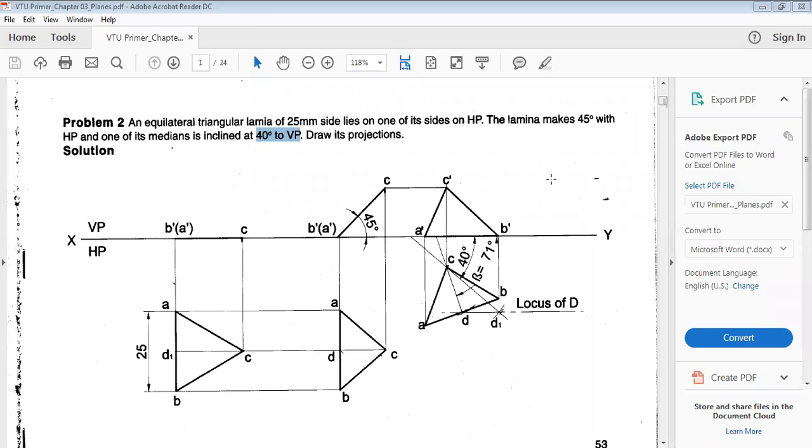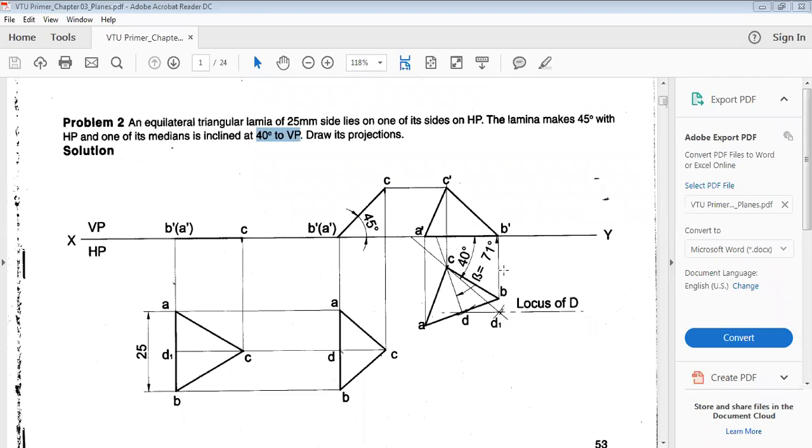After that, we'll draw construction lines, horizontal lines, by locating the points A, B, C, E from the top view to the front view. We'll identify all the points and join the lines. So this is the beta angle. The same procedure is followed for alpha problems, but when the lamina is resting on VP, we call such problems alpha problems. If the lamina is resting on HP, then we call it a beta angle problem. So this is the beta angle.